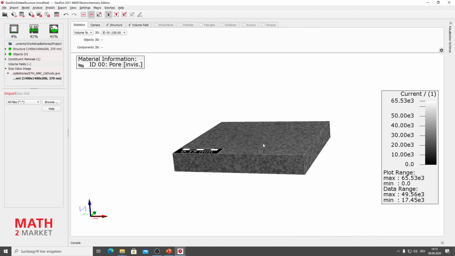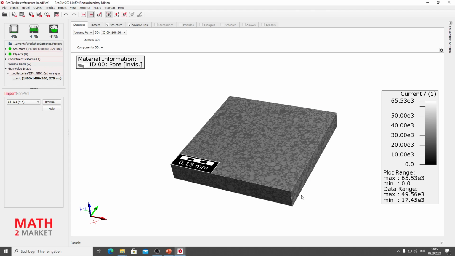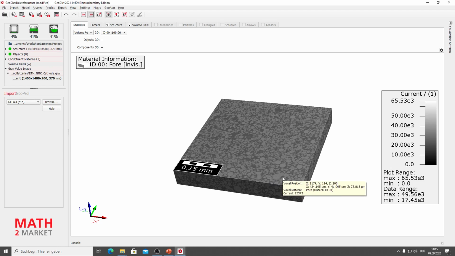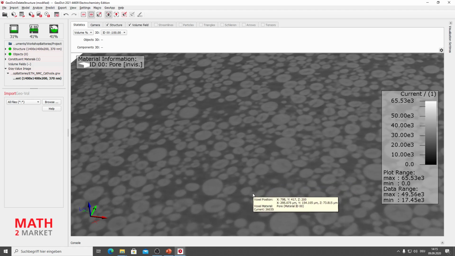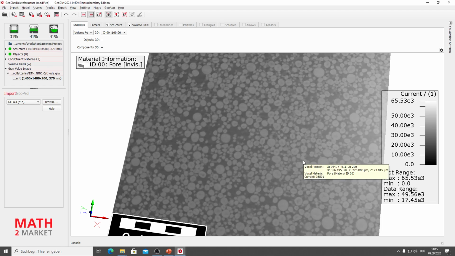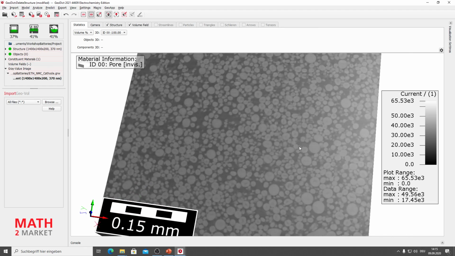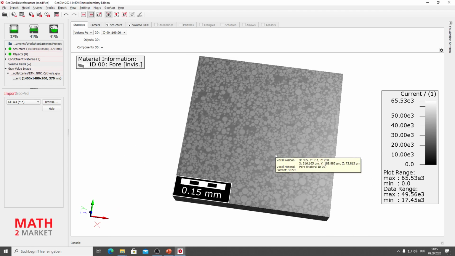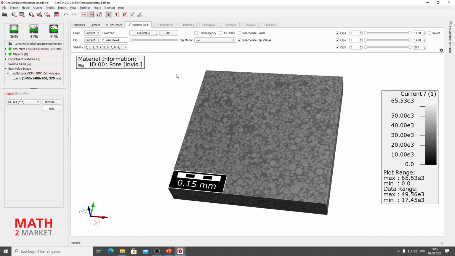You can turn it around, as you can always navigate in GeoDict with your result fields or also the structure. You can zoom into this by turning the mouse wheel and just have a closer look at your scan, or zoom out. By clicking onto the mouse wheel and holding it, you can move it from left to right or right to left. And of course, if you go to the volume field tab, you can also clip the gray values.